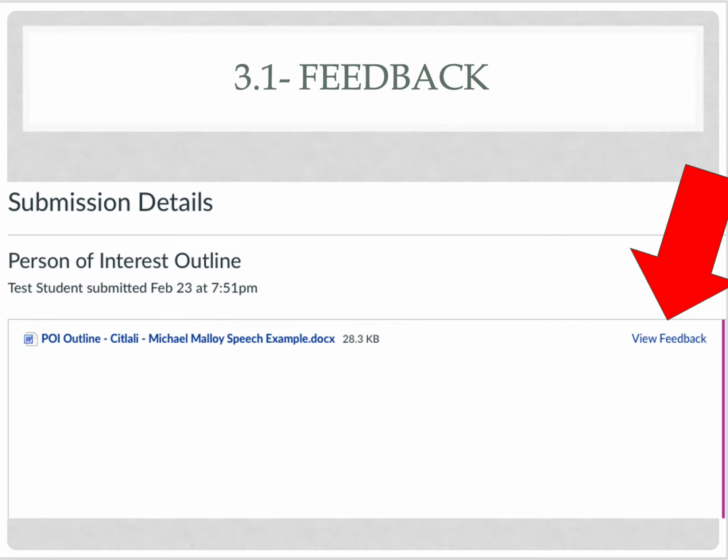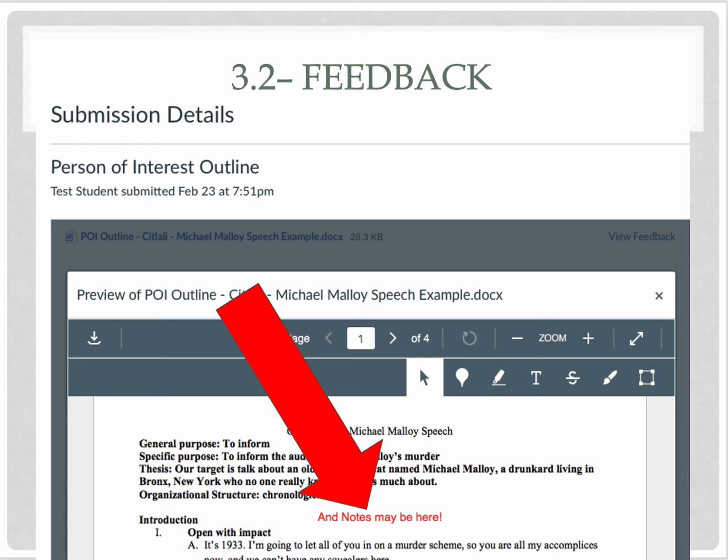The last place is the feedback. Now, if you're over on this side of the web page, if you just hit the POI outline, guess what? That's just going to pull up your own outline with no information. Instead, you want to hit where this big arrow is pointing at view feedback. Once you go there, you're going to pull up your full outline